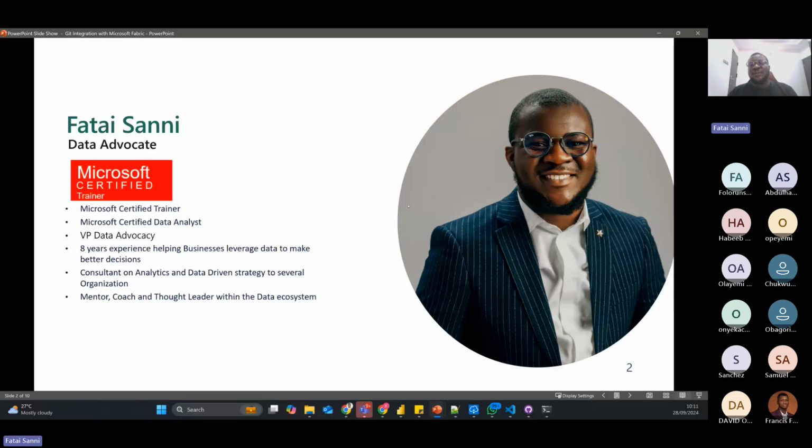I'm also a Microsoft certified data analyst, or Microsoft certified Fabric analyst, as the case may be, or analytics engineer. I happen to be the vice president of data advocacy at Reliance Info System. I have some 8 years of experience working with data, and presently in my current role, I'm working in IT consulting for a global firm called Reliance Info System, where we help customers